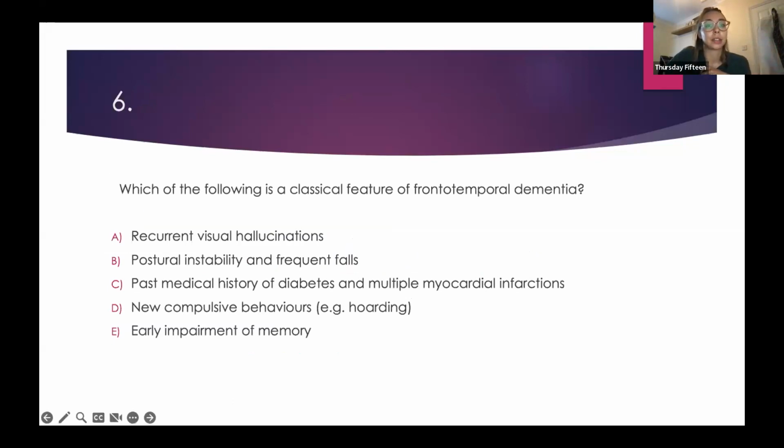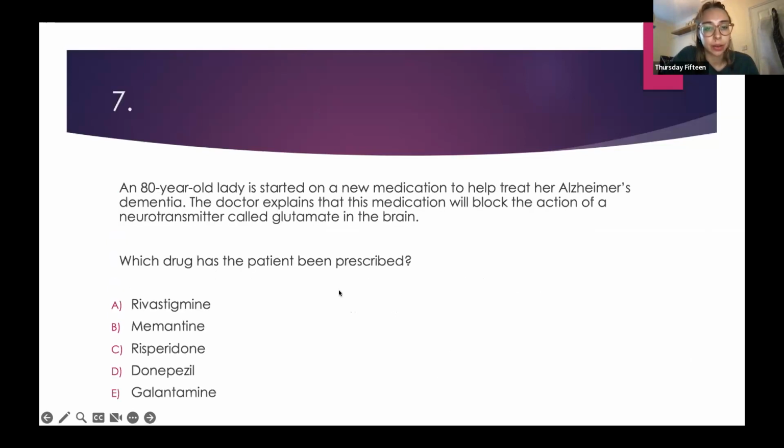Question 6. And there's your poll. Well done. You basically all put D, which is the right answer. And this one is kind of combined with 7. So does everyone want to put what they put for 7?